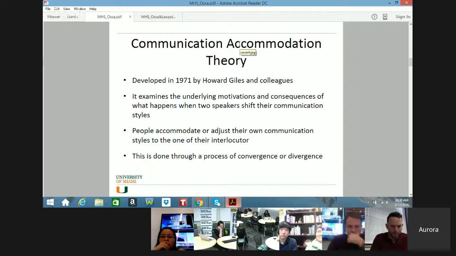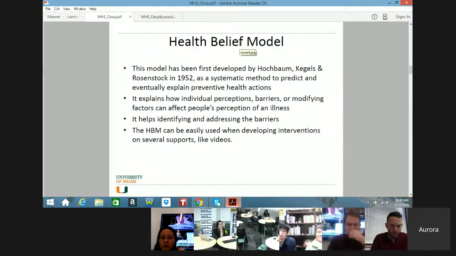So for my analysis, I decided to rely on two theories to guide me. The first is the communication accommodation theory, which examines the motivation and consequences of the communication between two speakers. In the case of videos, it is the communication between the people who watch the video and the characters portrayed in the video. The other theory that I'm using is the health belief model, which helps explain how